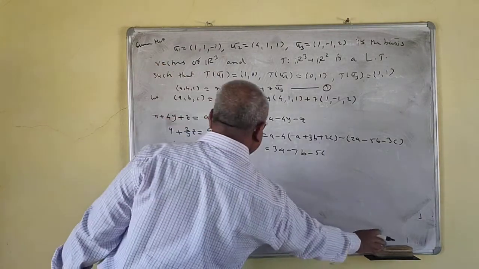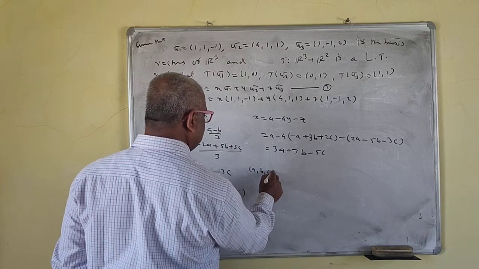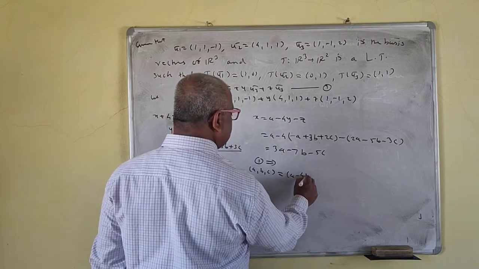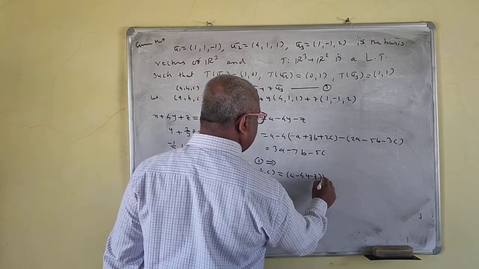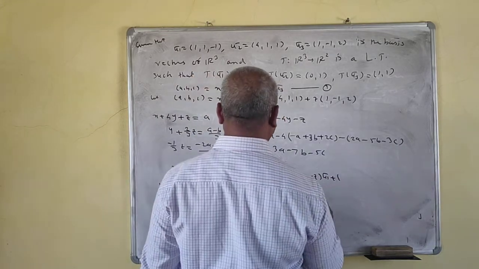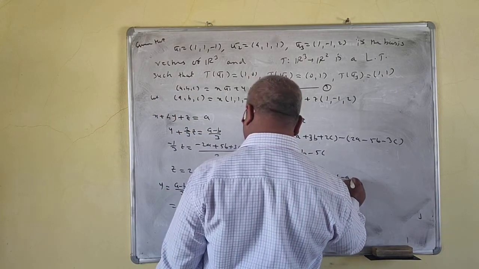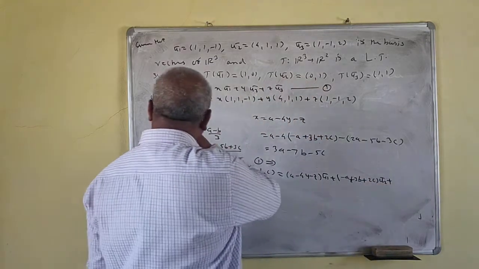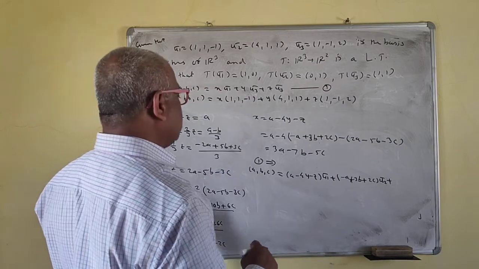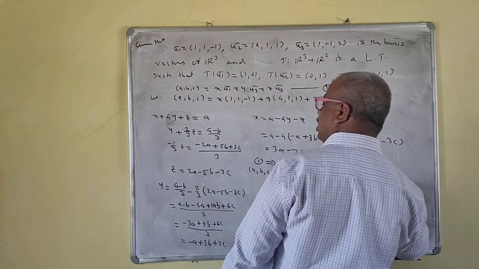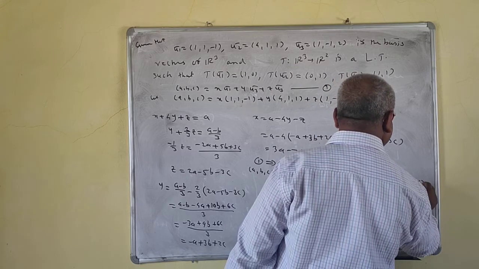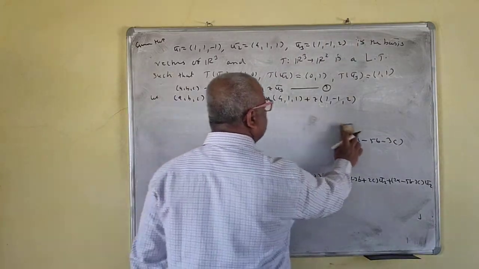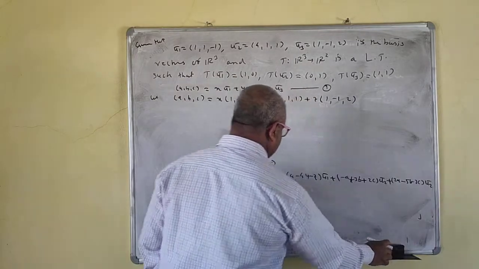Okay, so we'll write the values here now. (a, b, c) is equal to x u1 bar plus y u2 bar plus z u3 bar, where x is a minus 4y minus z, y is minus a plus 3b plus twice c, and z is twice a minus 5b minus 3c. So you got this.